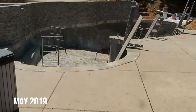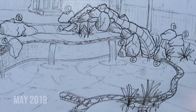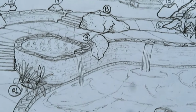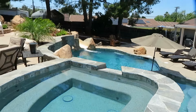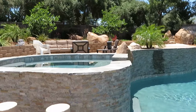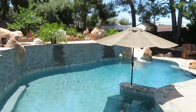We have the drawing, which gets the ball rolling right here. So you can see the slide structure we have out there in the back. And then we're going to put a couple satellite rocks over here by the spa. So this whole thing just came out really killer. The client did a great job with the project, as far as layout and design, and I'm really happy